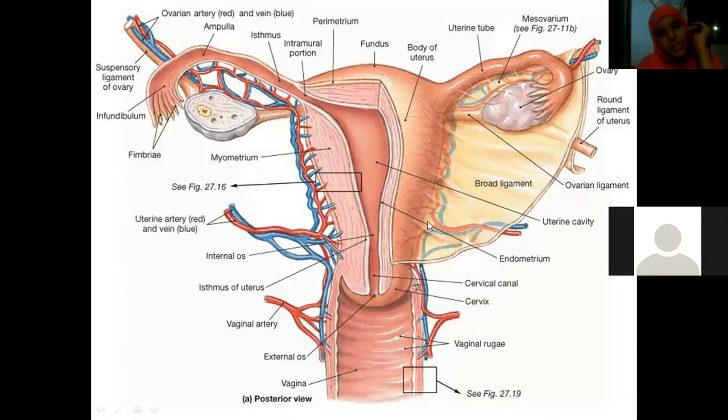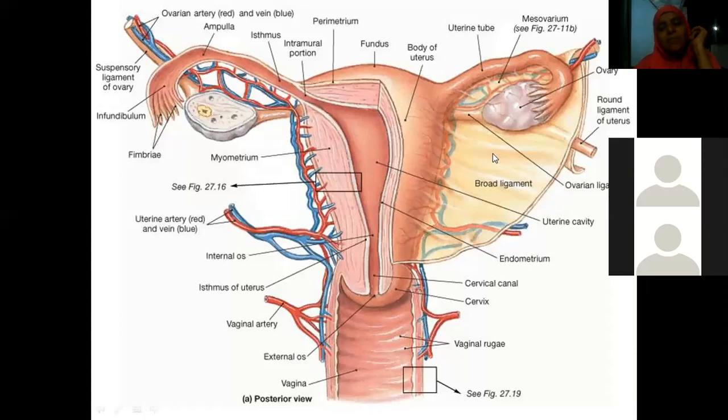So actually in yesterday's class we missed what are the contents of the broad ligament. Actually the contents of the broad ligament are also very important. It itself can come as a 3 marks or 4 marks, sorry, 5 marks question. So what are the contents? You can see from this picture, the broad ligament contains a lot of fat. It contains the blood vessels: this is the gonadal artery, that is ovarian artery, ovarian vein. This is uterine artery, uterine vein. At this plane we also find the ureter, isn't it? So we also find a lot of lymphatics and nerves.